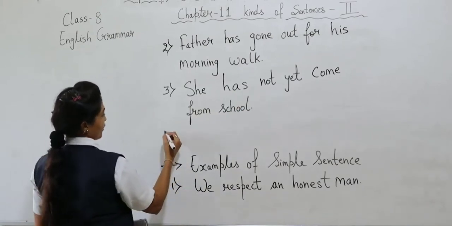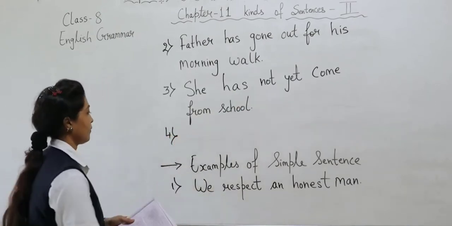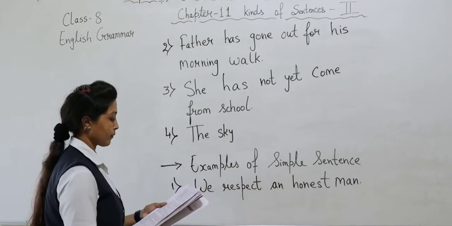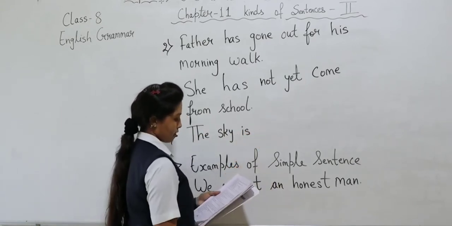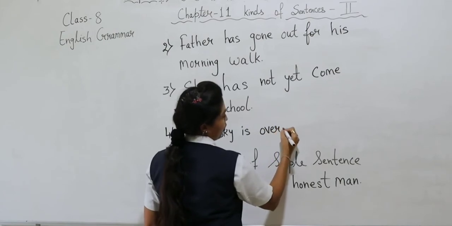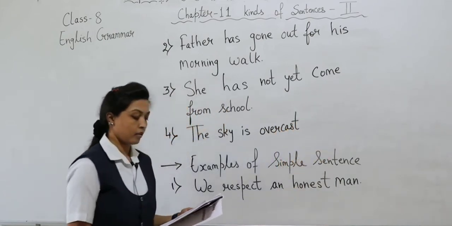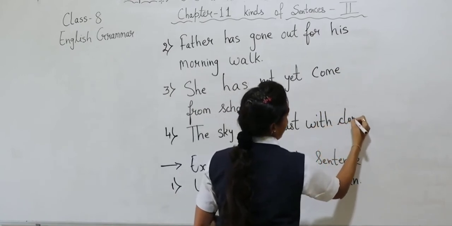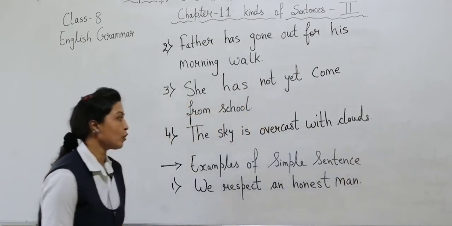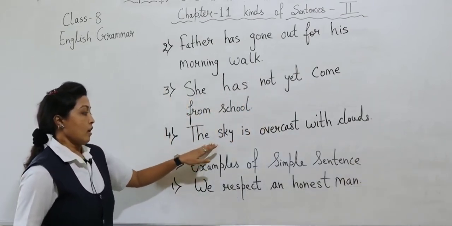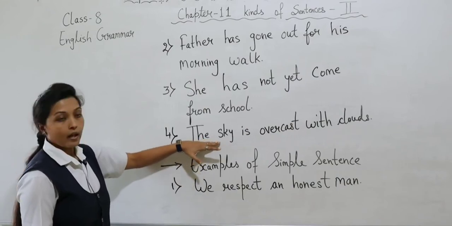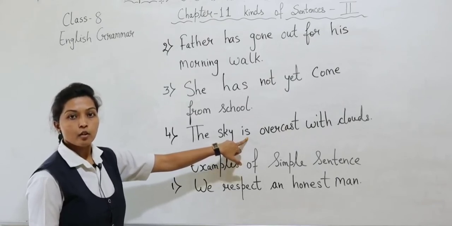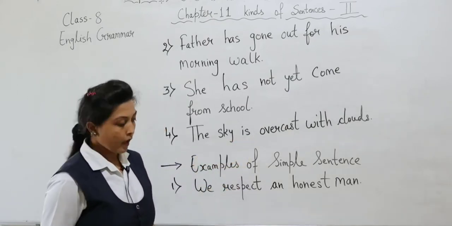Then after 4, the sky is overcast with clouds. So, in this sentence, the sky is a subject and is, it's a finite verb. Then after 5,